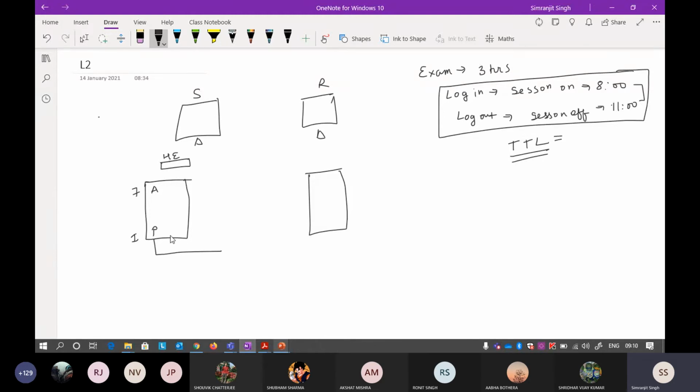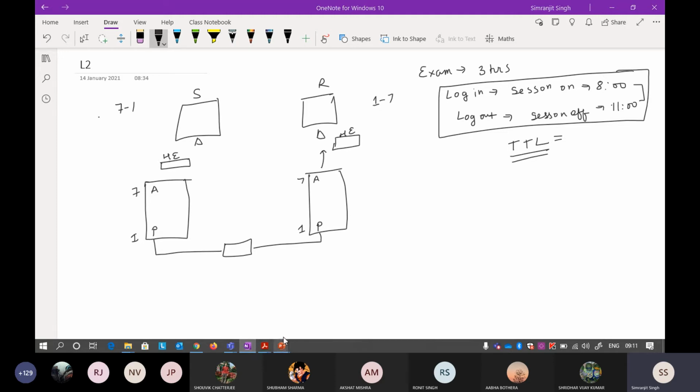The task of the physical layer is to physically transfer the message to another layer. When it reaches the receiver, now understand this point, which is very important. It will start from the first layer, that is the physical layer, and go until the 7th layer, that is the application layer, and then the receiver will get the message, that is HE. So understand this: for a sender, the order of the OSI reference model is 7 to 1, but for the receiver, the order is 1 to 7. This is a very important point to understand.